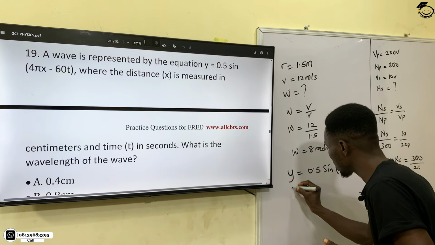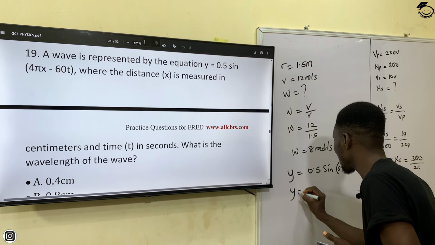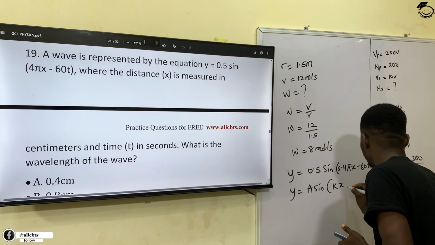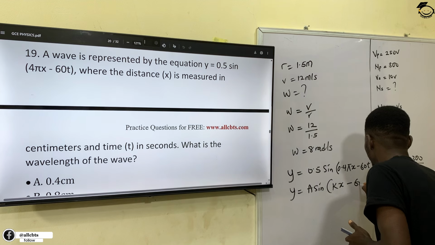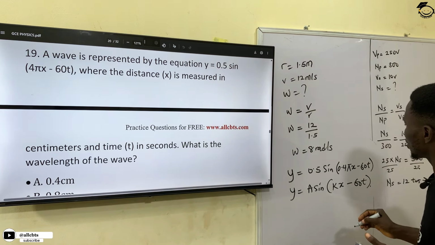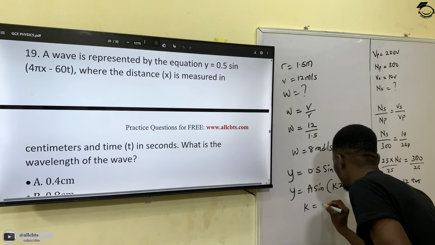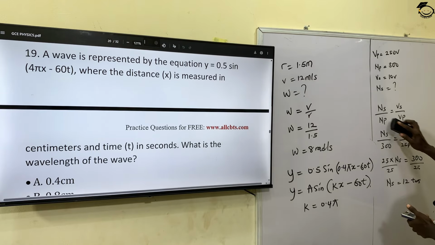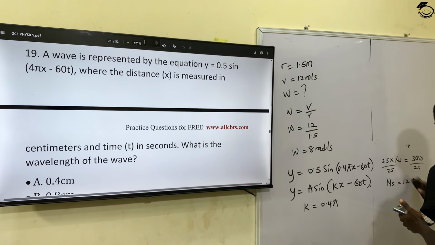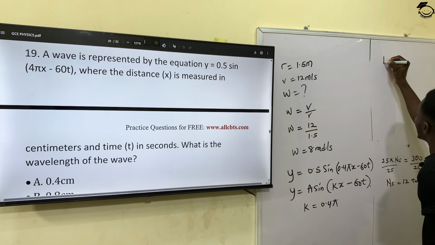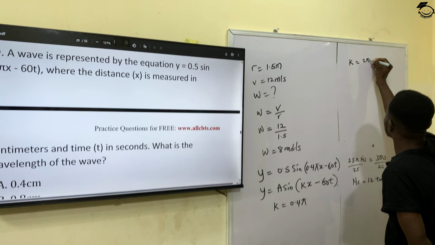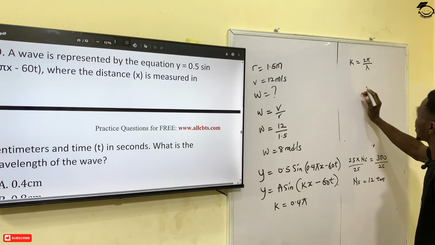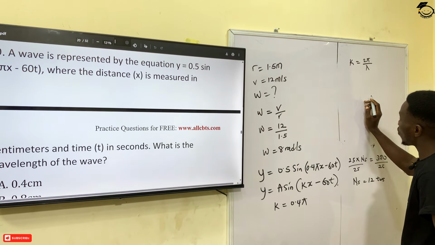Now we know that this is in comparison to this wave equation that says y is equal to a sine kx minus 60t. So this means that my k is equal to 0.4 pi. And if k is equal to 0.4 pi, and we know that ordinarily k is supposed to give us 2 pi over lambda. So if my k is supposed to give me 2 pi over lambda, and my k here is 0.4 pi, this means that I have